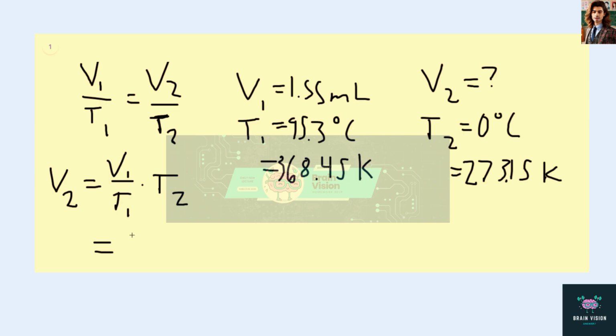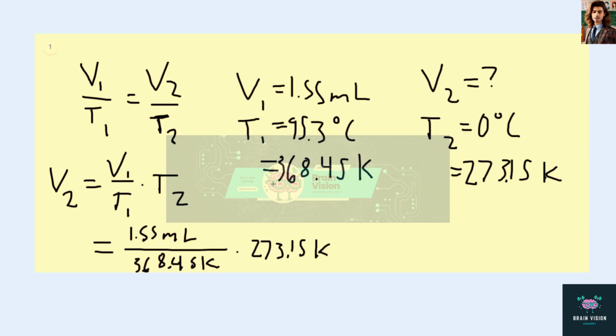And so if we plug in the values here, we have our V1 is 1.55 milliliters. Our T1 is 368.45 Kelvin. And then our T2 is 273.15 Kelvin. And now the reason I didn't convert milliliters to liters is because in this relation, the individual units